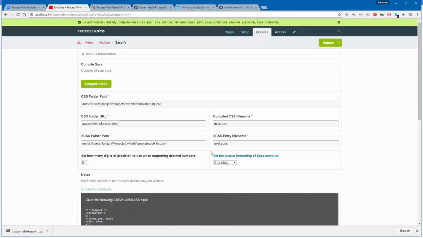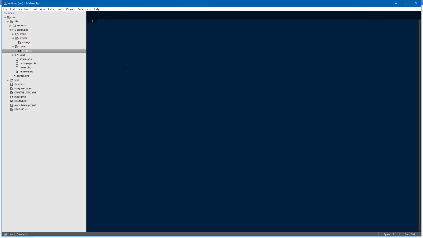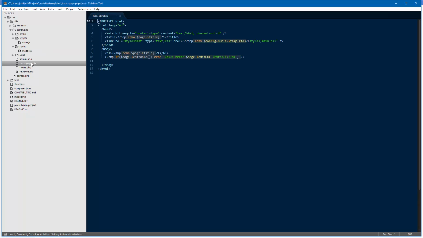And one final thing that we need to do is to modify our template files based on the documentation of the Sassify module. As you can see, we need to use a syntax like this to indicate all the SCSS files being utilized. So we're in our text editor. So let's open our basic-page.php file. And we no longer need this main.css line, so we'll remove that. I'll go ahead and paste in a pre-configured line of text that contains the necessary code to load the correct